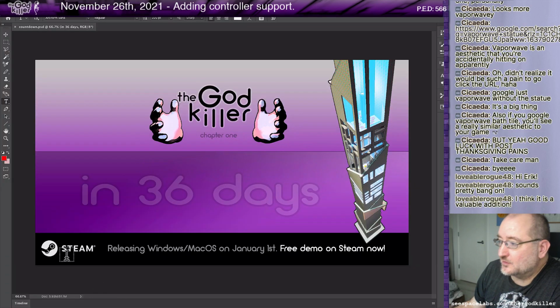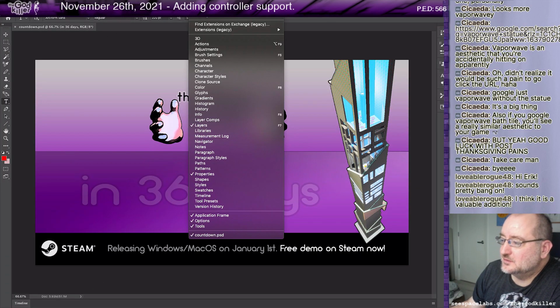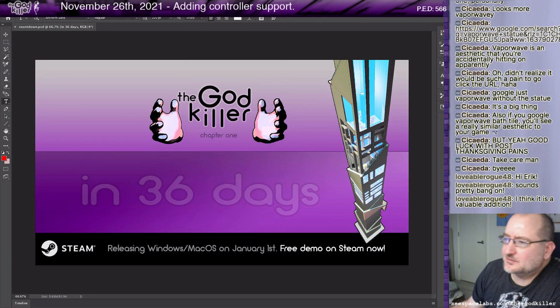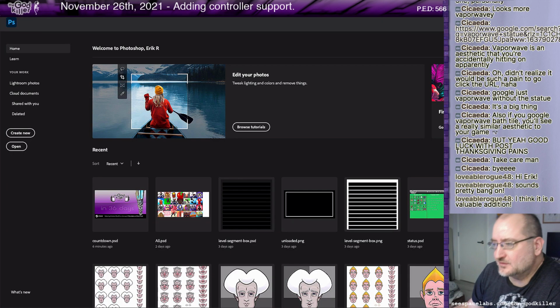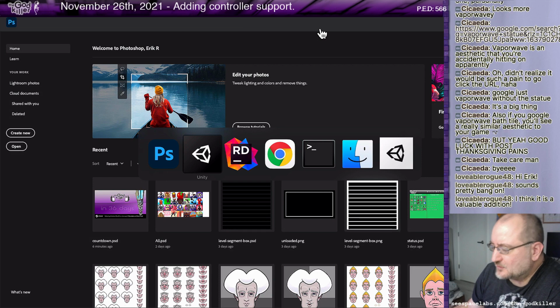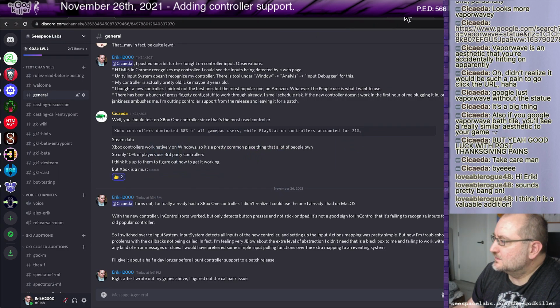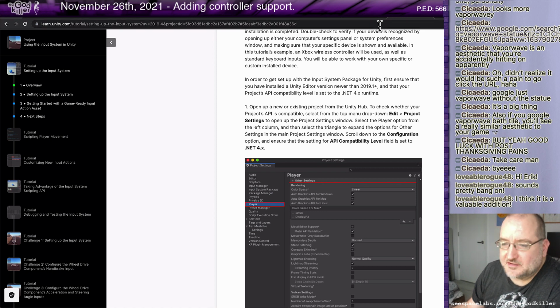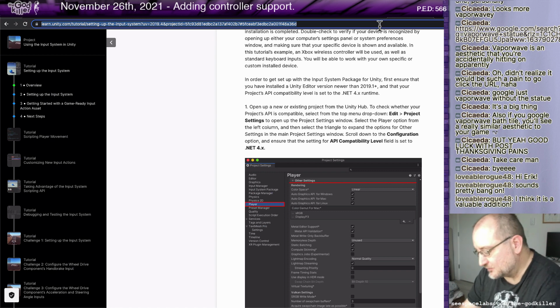And I will at some point need to do... Oh, I already got rid of that image that I'd created. I didn't save it. Okay. Oh well. So I might need to do something kind of like create areas that the stick can be inside of that trigger the up, down, left, right, instead of using the full quadrant.